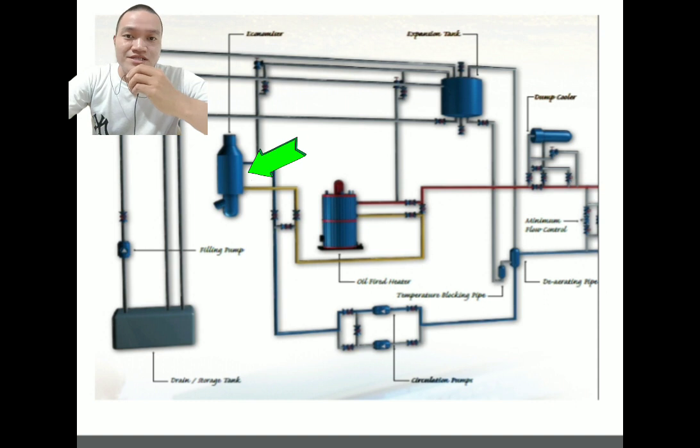The next component is the economizer. So the economizer preheats feed water by using the flow of gases to improve the overall efficiency, and heat transfer will take place without converting it into steam. So it is important because it helps save fuel costs, prolong the life of the boiler, and helps avoid thermal